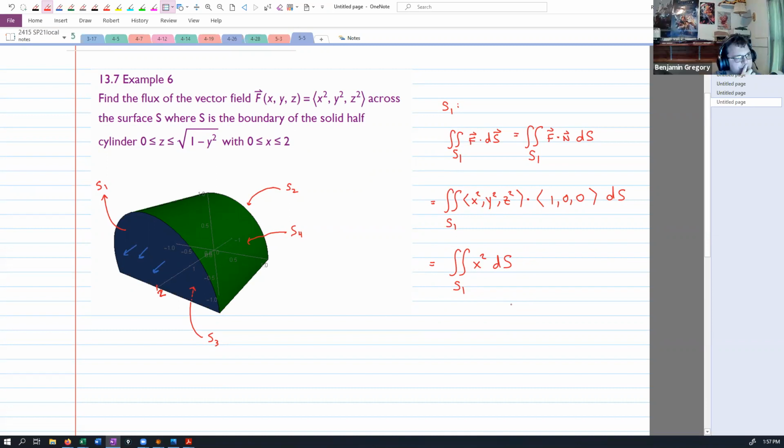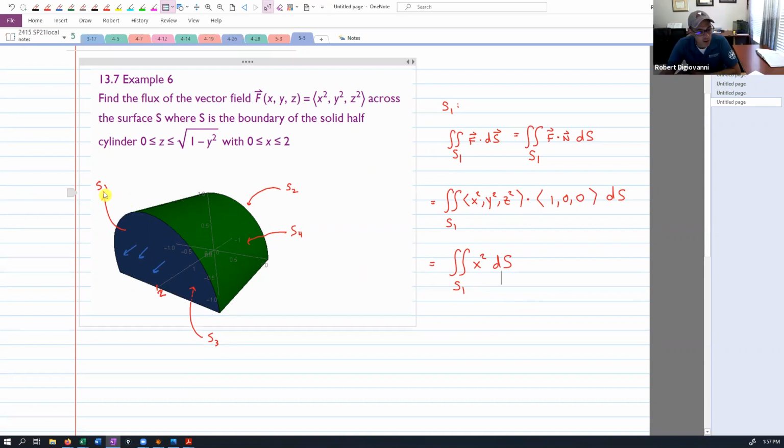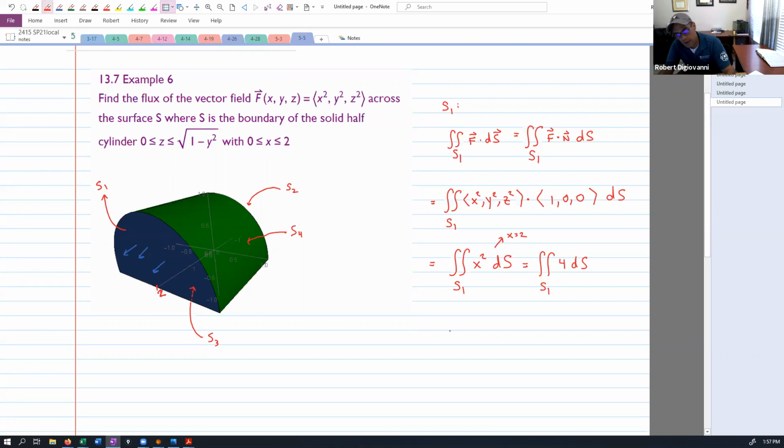But this one, x equals 2. On surface 1, this flat surface, the x coordinate is always 2, right? Because you're on this little circle, but you're always on that plane, x equals 2. So because of that, this becomes 2 squared, that's 4 dS. And this is because x is equal to 2 because of where we are, right? And this is just 4 times the surface integral over S1 of 1 dS, which is 4 times the area